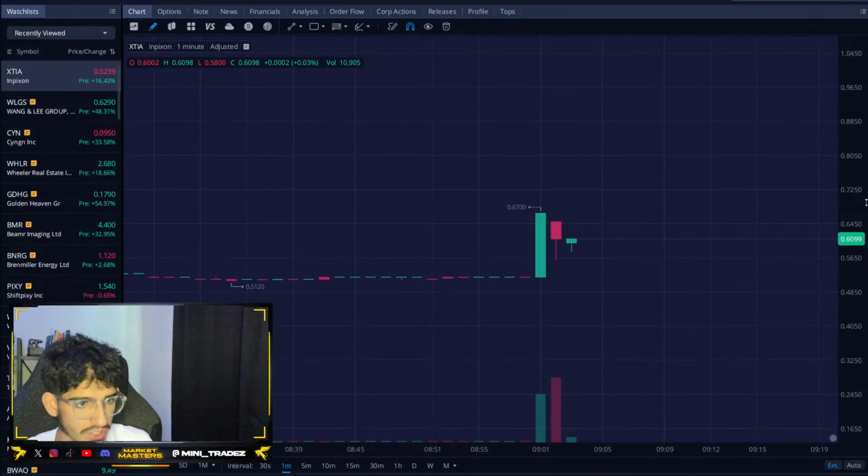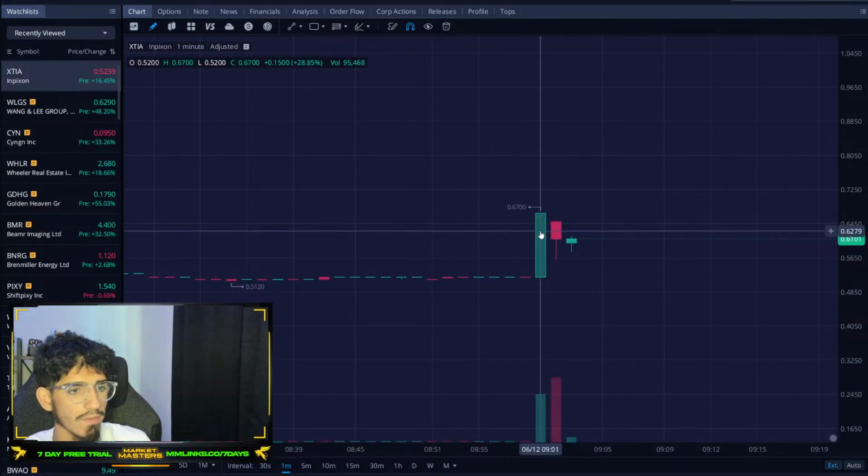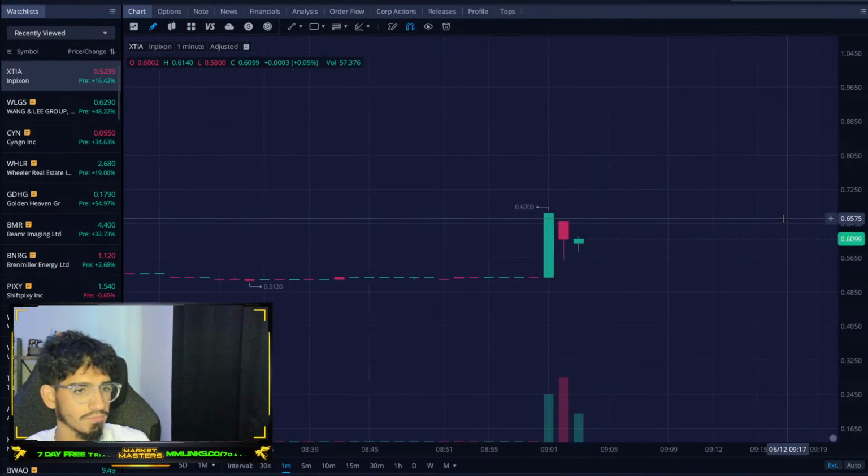Let's see. Actually, it looks pretty good. See, we have high volume soak right here. Let's watch what happens live. So we have a high volume candle. We have a nice candle close. So I think XTIA, this is going to be a liquidity grab right here for a bigger move, but we'll